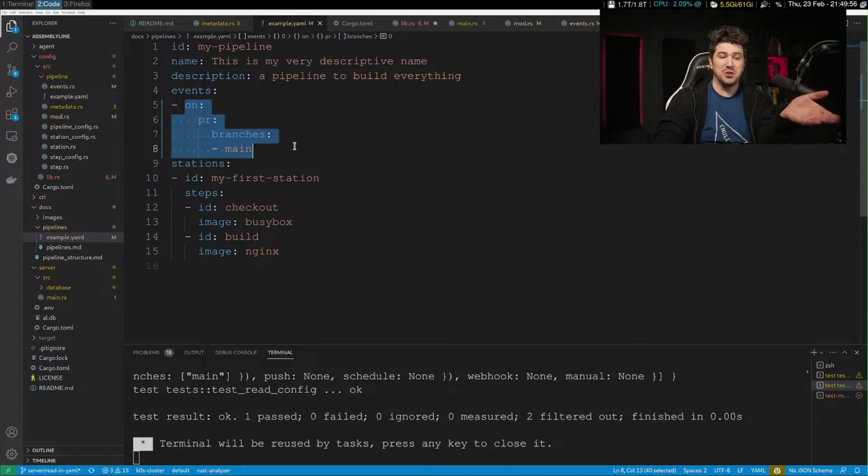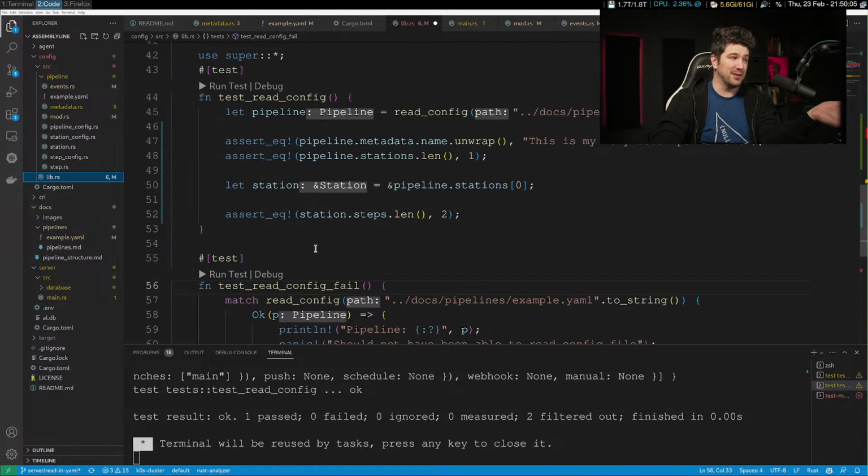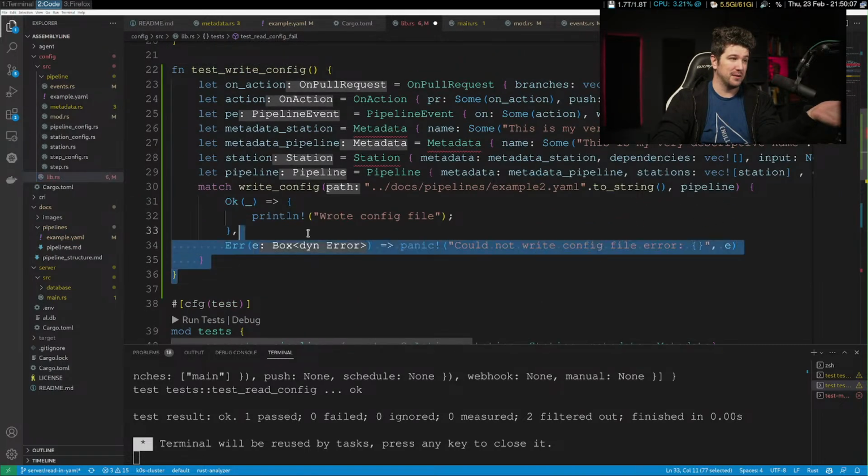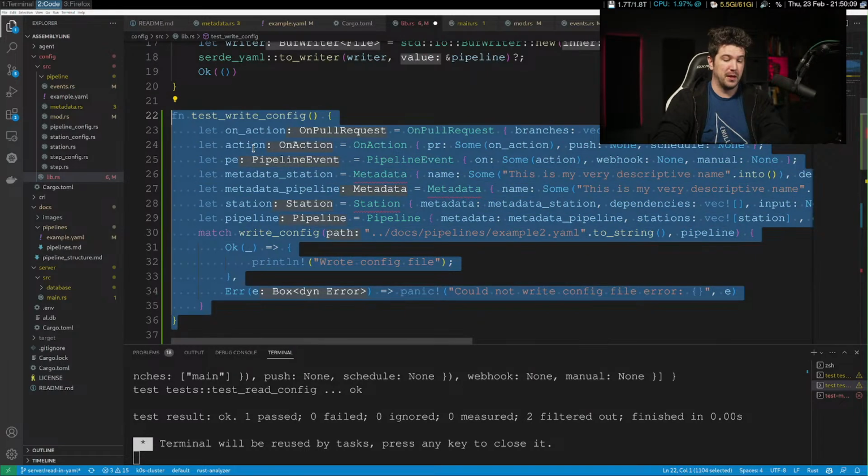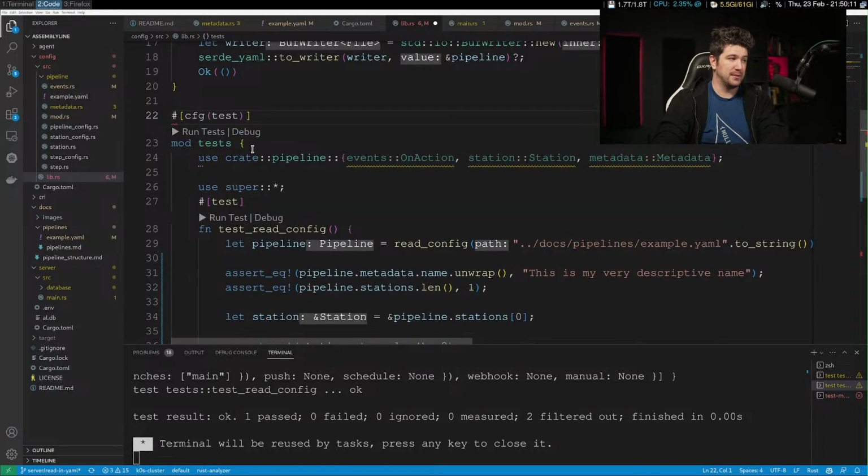That's what I was thinking. We should have a builder, 100%. That's what you should have with your data structures. I just don't have one right now. I can just delete this, though, and we can build a builder later.